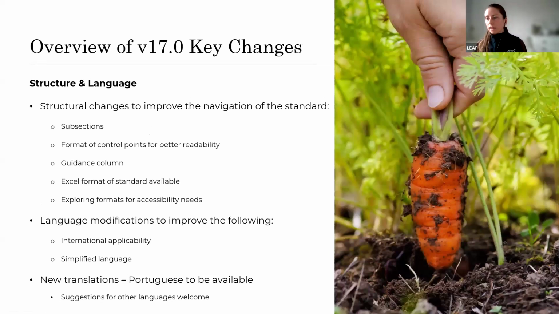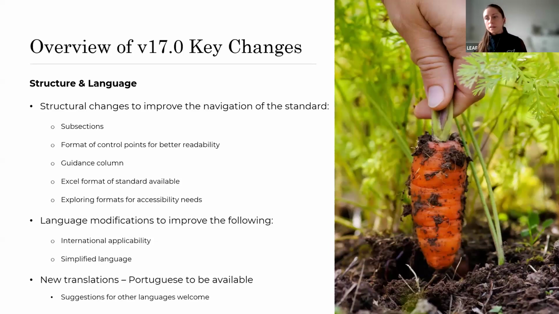So we'll move on now to a brief overview of some key changes to be aware of in version 17. We covered this in a little bit of detail in the introduction webinar, but for those who weren't able to make that webinar, we'll give a little bit of an overview now.